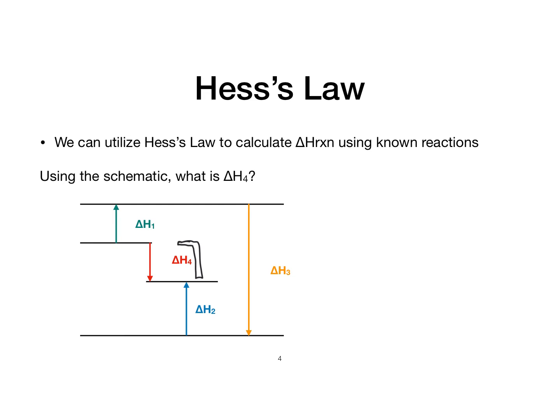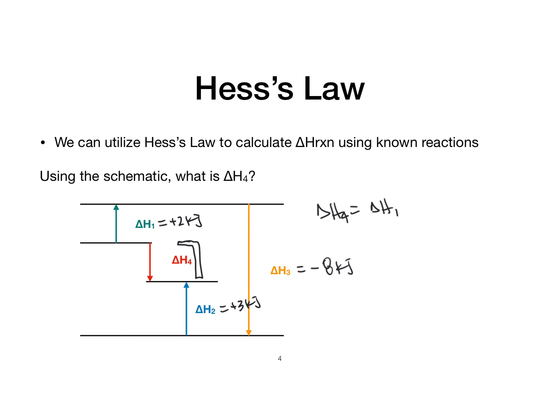To make this a little bit easier, let's go ahead and give these values. So we know that delta H1 is going to be positive 2 kilojoules. Delta H3, and I'm just making these up, is going to be negative 8 kilojoules. And delta H2 is going to equal plus 3 kilojoules. Once we have this, you can likely, these are not to scale, start to think about, okay, we can think about if we know that delta H3 is equal to the sum of delta H1, 4, and 2 put together. So to calculate delta H4 is going to equal